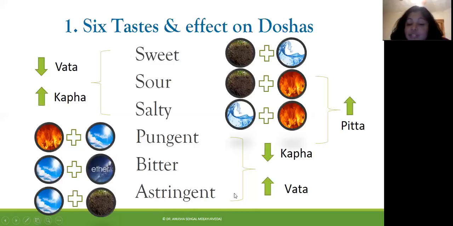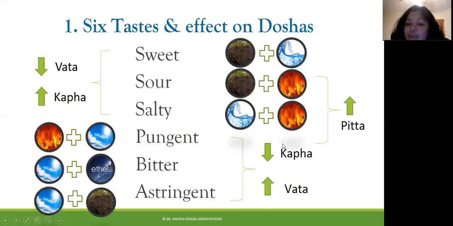Next is astringent or kashaya rasa, and kashaya rasa is made up of air and earth. So here, even though it does have the earth component, it does have air as well. Because it is composed of the air element, it also aggravates vata. Okay? So if we look at this, those which aggravate kapha because of having like qualities or like composition of kapha are also the same reason why they help to pacify vata. Okay, so these first three aggravate kapha because of their likeness, and they pacify vata because of their opposite qualities. Similarly, the last three, pungent, bitter, and astringent, they aggravate vata because of their like qualities or like composition, and they